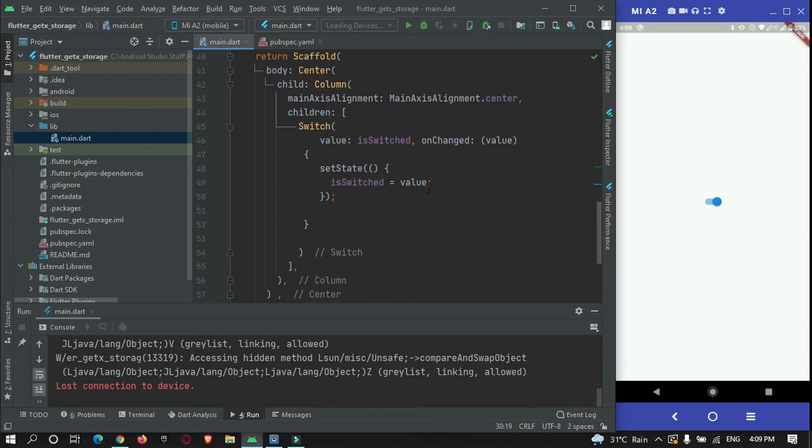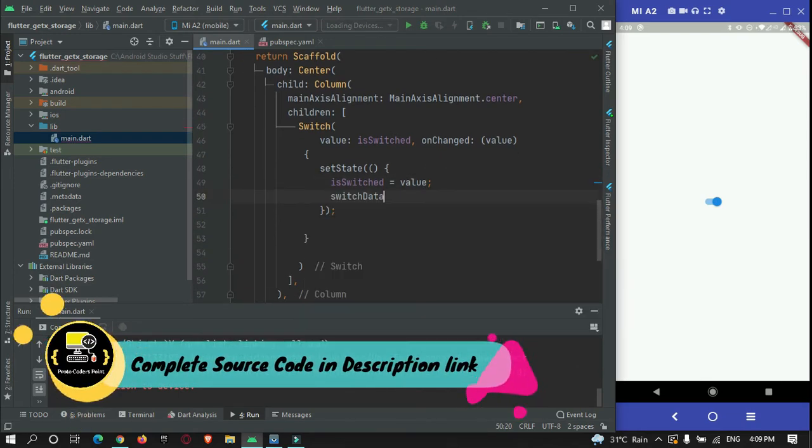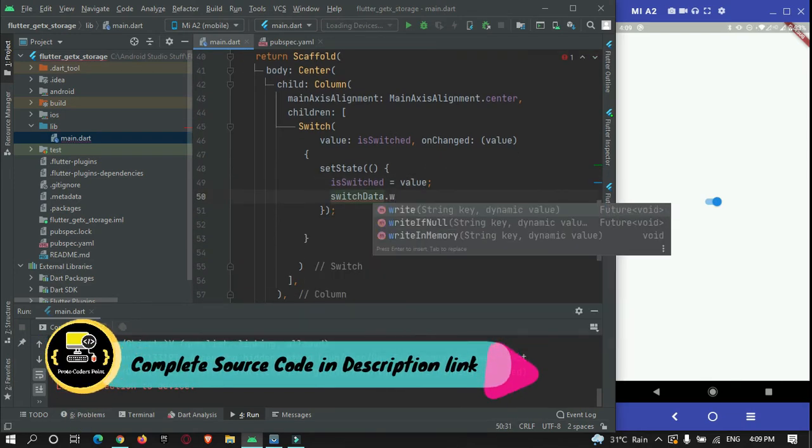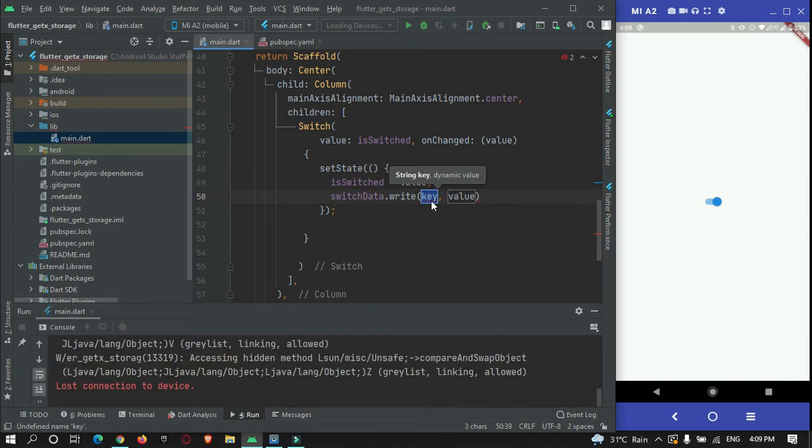Now we can use this instance to store the data that a user performed. To store our data, switch data dot write. It accepts two variables, one is the key and one is the value. The key is used to identify the data, so we will name it switched, and the value we are going to store is switched.